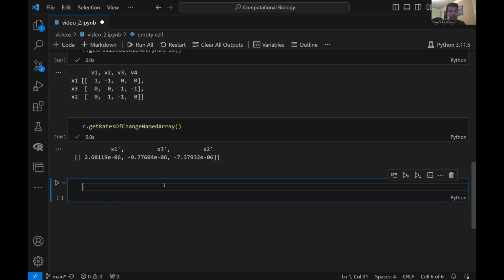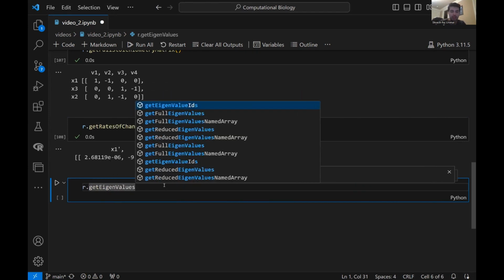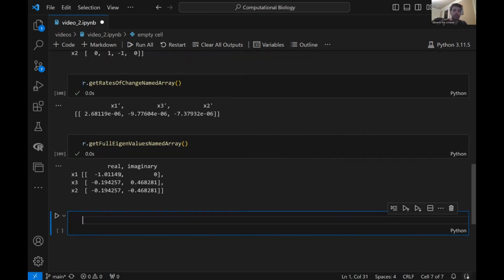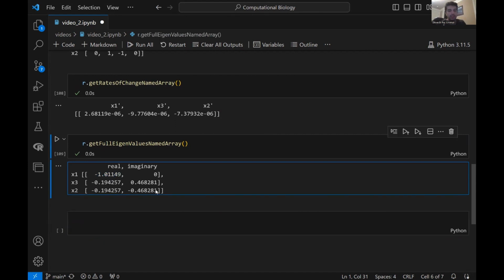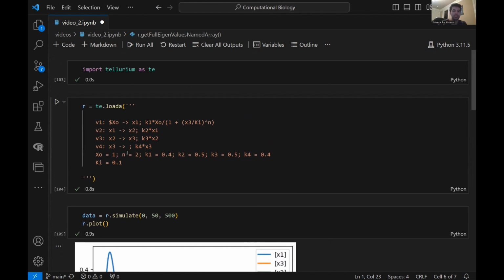And lastly, if we wanted to understand the stability, we can actually get the eigenvalues, okay, the named array here. And without going too much into it, if you're not familiar, when we have a negative real eigenvalue, that is indicative of a stable system, okay? And so here, we have this stability, but actually, if we go up and we change n to say something